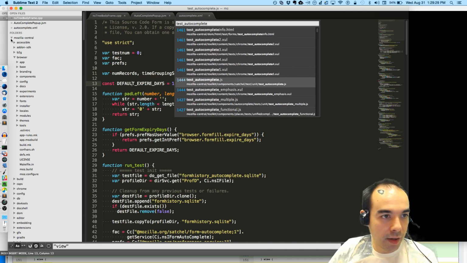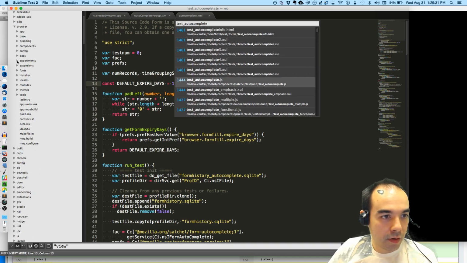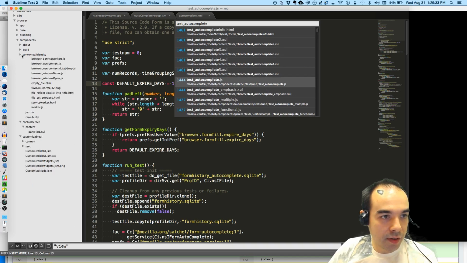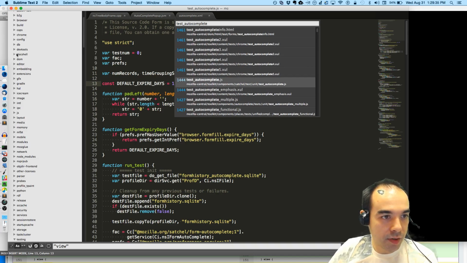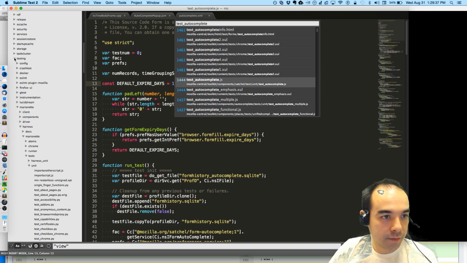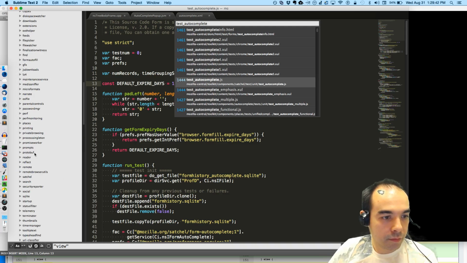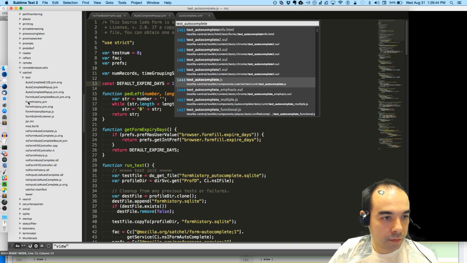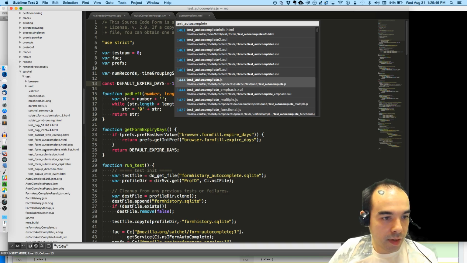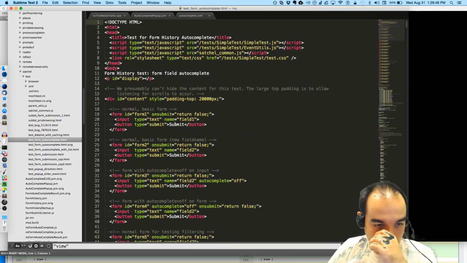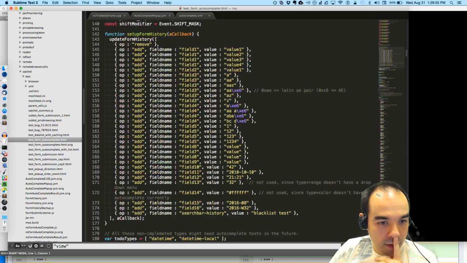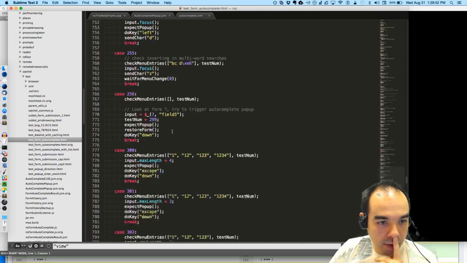Or something under like components, satchel, toolkit components, satchel. Test form autocomplete.html. Here, some really grody testing.